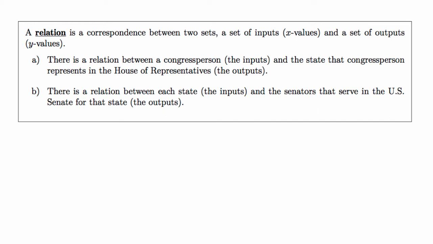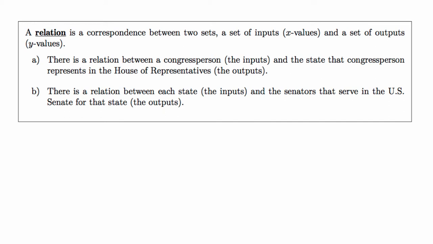or y values. As an example, there is a relation between a congressperson and the state that congressperson represents in the U.S. House of Representatives. In this situation, the congressperson would be the input, and the state that is being represented would be the output. So the structure of this relation is I would give you the congressperson, and then you would tell me what